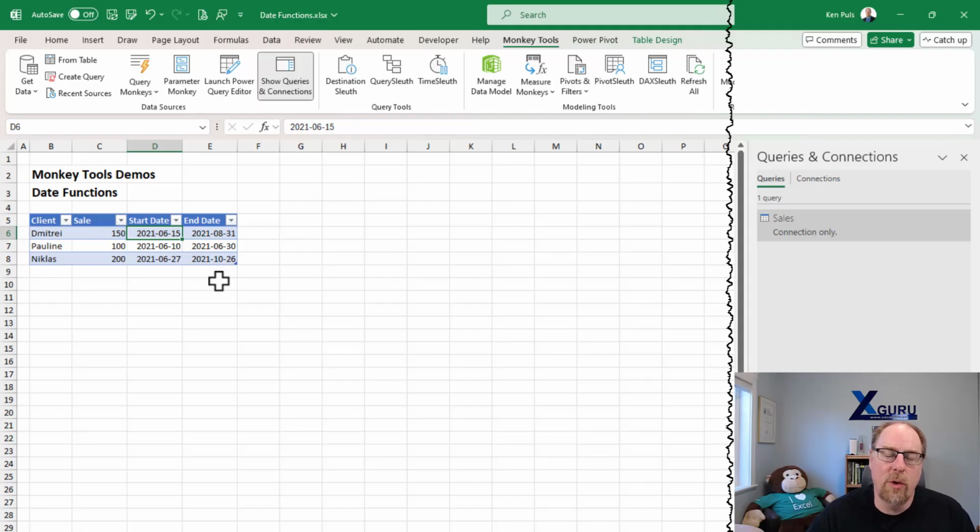One of the techniques that we cover in Chapter 18 of Master Your Data for Excel and Power BI is how to allocate values across multiple periods, kind of a common accounting task, and there needs to be a way to do it. So if you take a look at the table I have here, Dimitri has a sale of $150. It was incurred at some point in time, but the coverage dates are from June 15th through to August